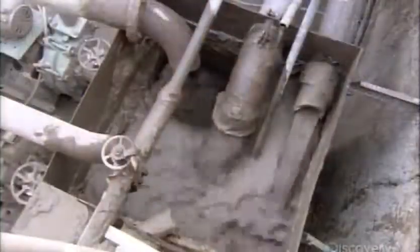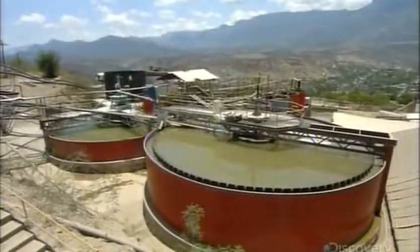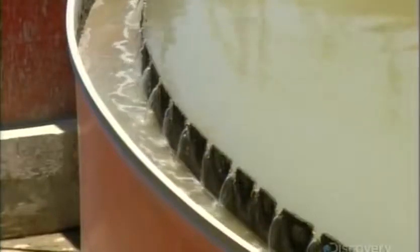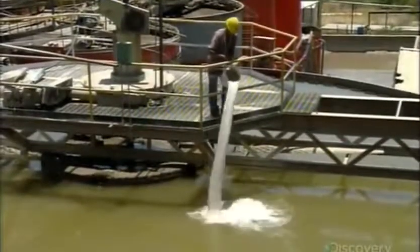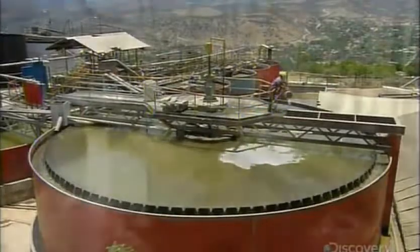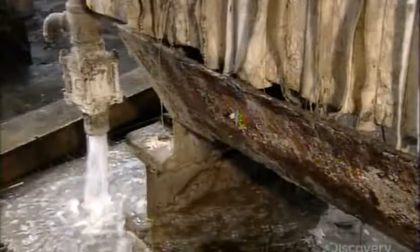A water circulation system flushes the silver-rich powder out of the cylinder and into large tanks which keep the water moving. To separate and dissolve the metals the powder contains, workers pour in acid. 72 hours later, the rock waste now settled at the bottom, the solution containing dissolved silver is pumped through filter